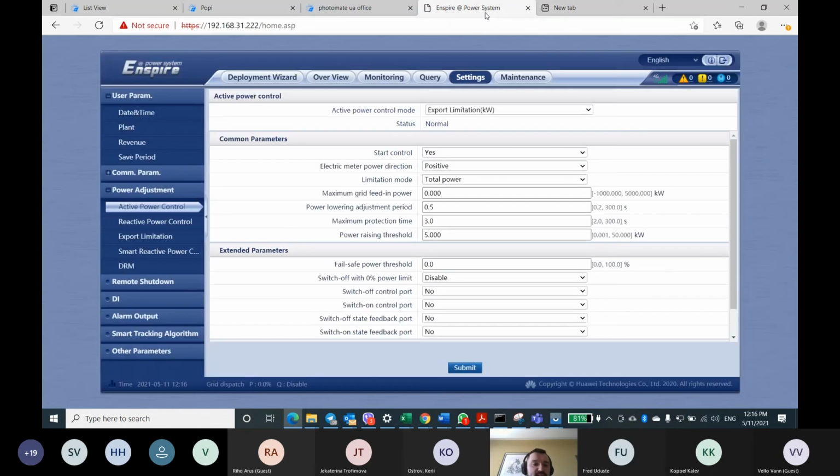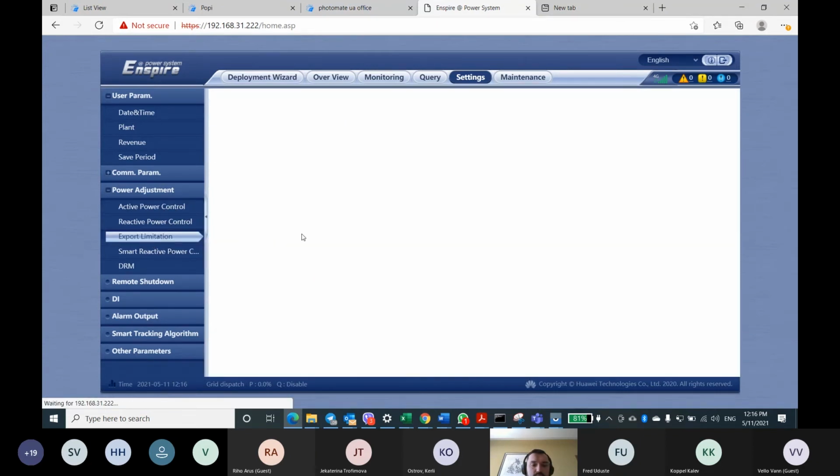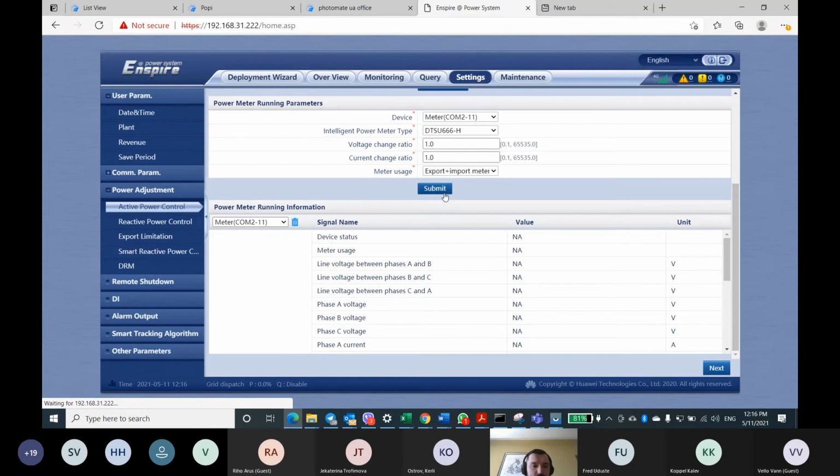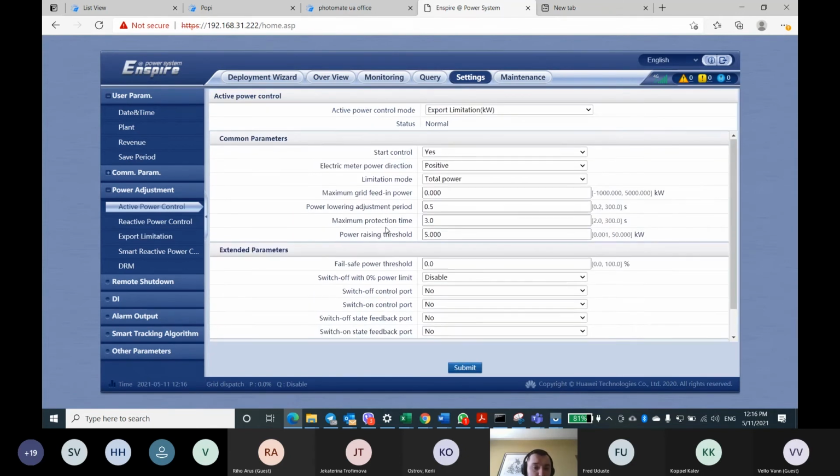The next question is how to check if export limitation works correctly. The easiest way is to connect here. When your installation is running, you will get here the grid dispatch.